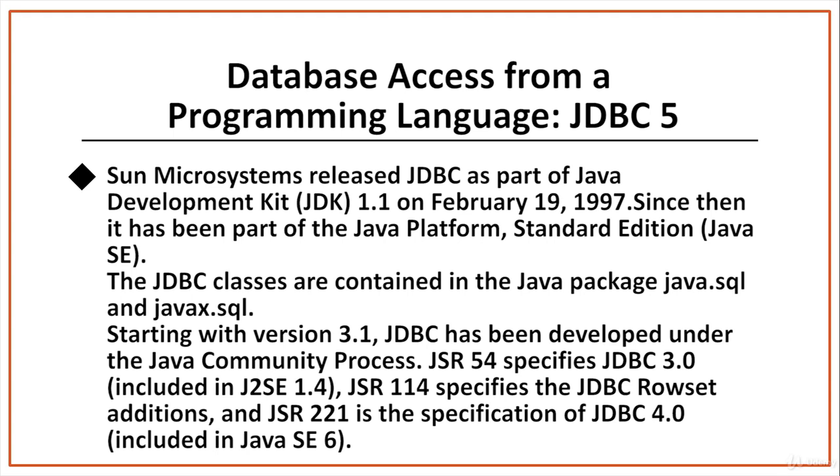The JDBC classes are contained in the Java package java.sql and javax.sql. Starting with version 3.1, JDBC has been developed under the Java Community Process. JSR 54 specifies JDBC 3.0, included in J2SE 1.4. JSR 114 specifies the JDBC row set additions, and JSR 221 is the specification of JDBC 4.0, included in Java